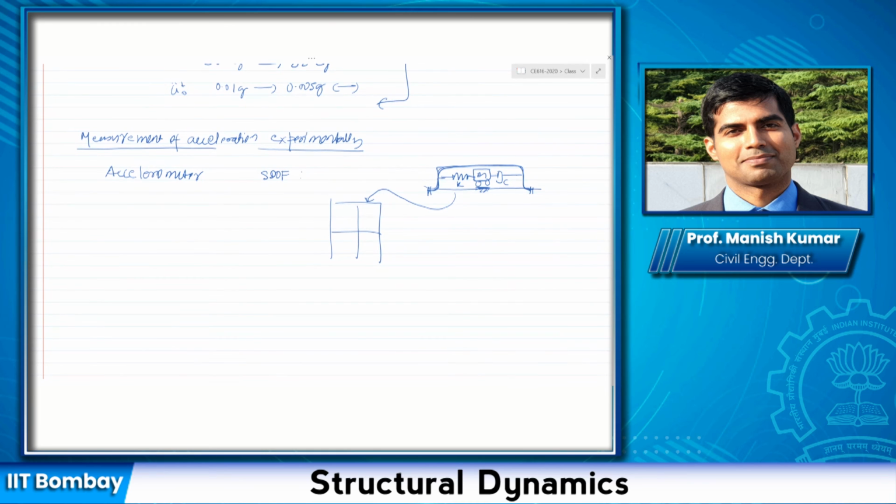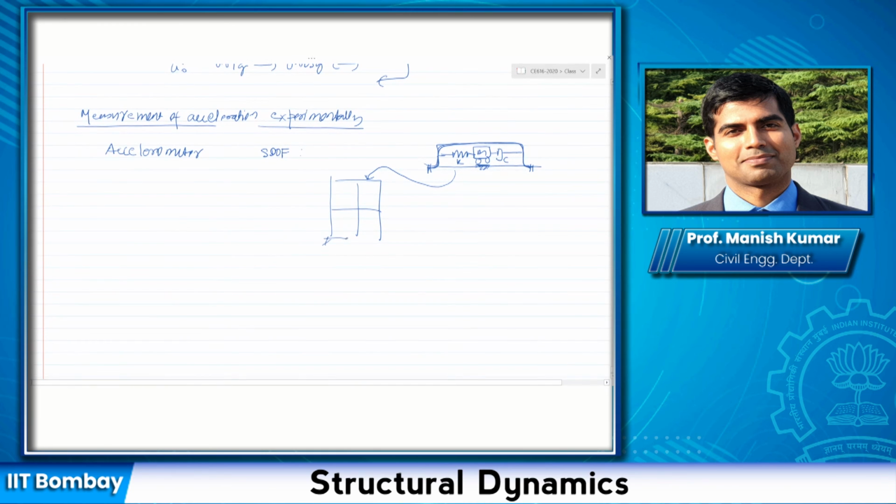Now imagine this is the structure, and it is being vibrated by, let us say, a ground motion, which might or might not be harmonic. It doesn't matter. This leads to vibration in the structure, which leads to acceleration at different points in the structure. If I want to measure the acceleration at the top of the structure, the structure would have some kind of vibration, and that is what we want to measure. So this is for a structure.